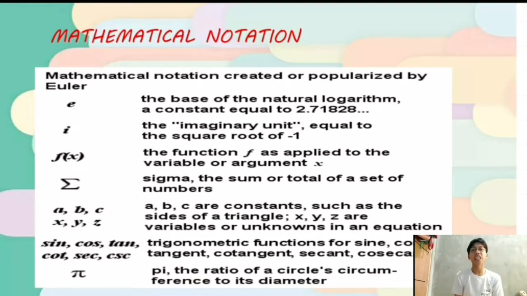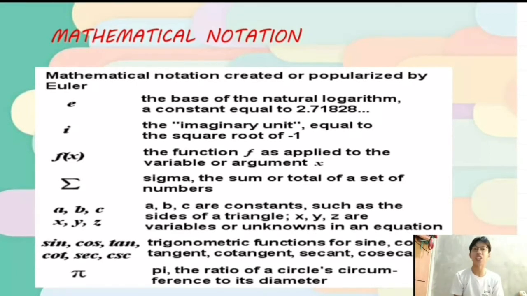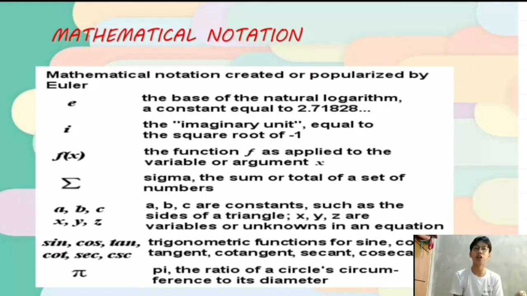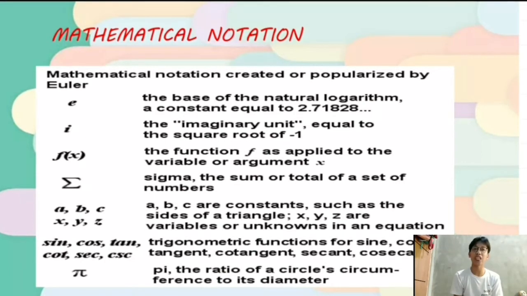Mathematical notation created and popularized by Euler. First, we have the e, the base of the natural logarithm, the constant approximately equal to 2.71828. Next, we also have the small letter i, also known as the imaginary unit, which is equal to the square root of -1. We also have f of x, the function f as applied to the variable of an argument x. We also have this big Greek letter sigma, the sum or the total set of numbers. We also have a, b, c, x, y, z